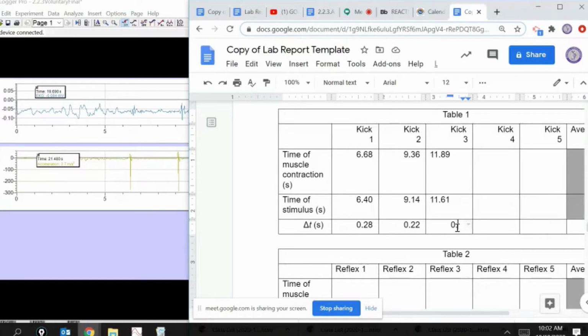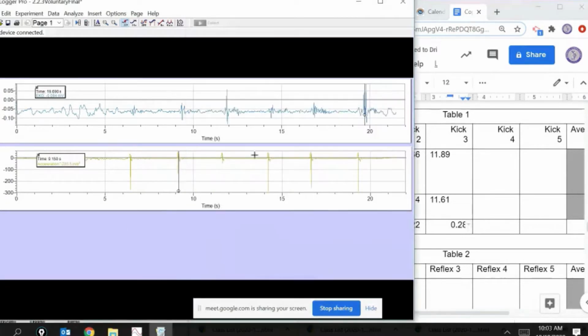Are you sure, Richard? I think you might be a little bit off. 0.28. All right, 0.27 was close. 0.28. That's all good. Okay, pretty similar to the first one. Let's look at the next one. 1, 2, 3, 4. And I had some extras in here just in case. Let's look at that. Stimulus time is